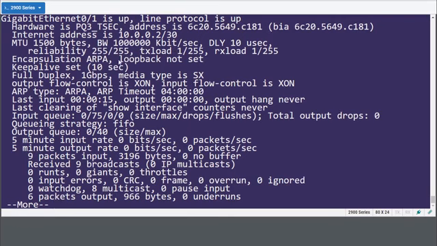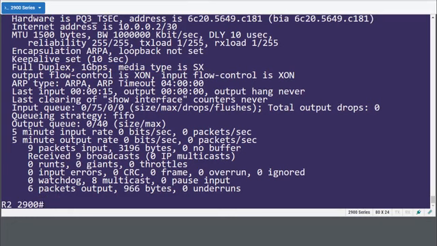And if I scroll through this, we'll see that we've got full duplex. All right, that's great. 1 gig per second speed, that's awesome. And there it is. Media type is SX. This is different compared to RJ45 that we saw previously on the 4000 series Gig 0/0 port. So let's go into our Gig 0/2 interface on the 2900 series and finish our deployment, and then hop into